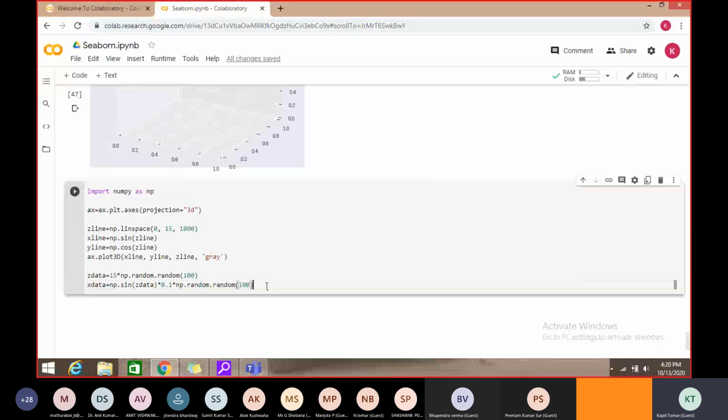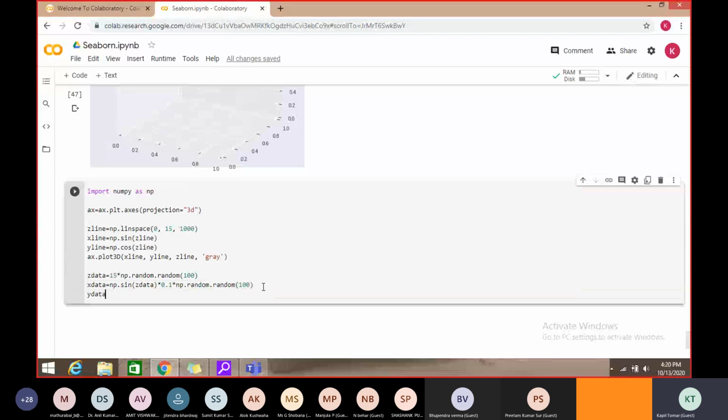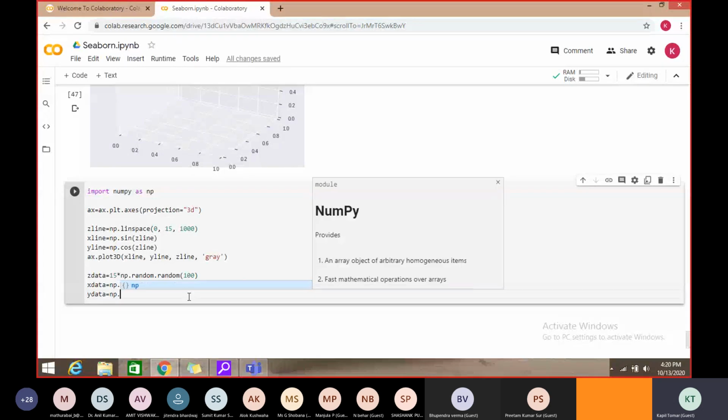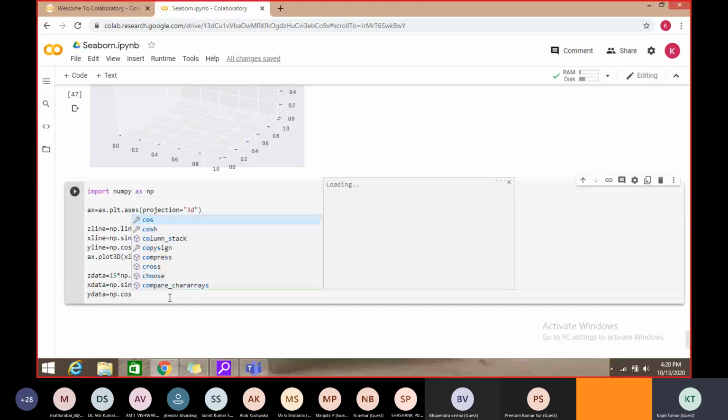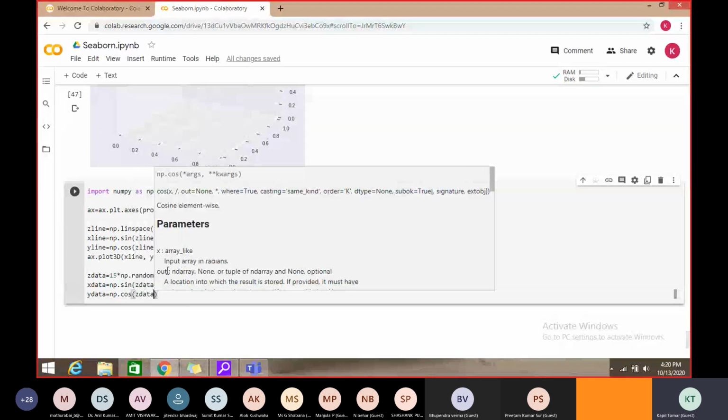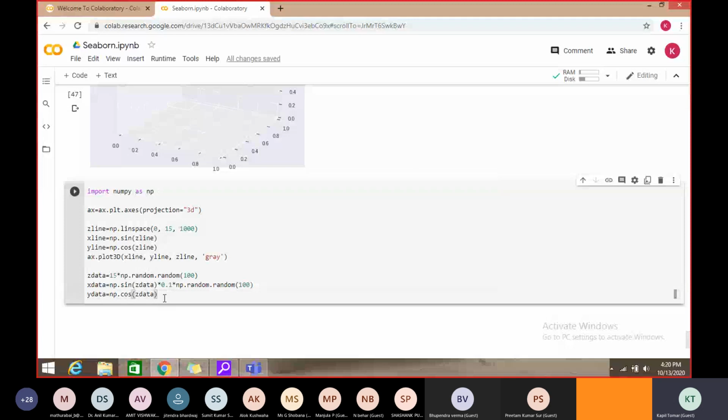100, and the last is Y data, which is again the same, so np dot cos of the same Z data, and it can be multiplied by something, otherwise it will be very high.